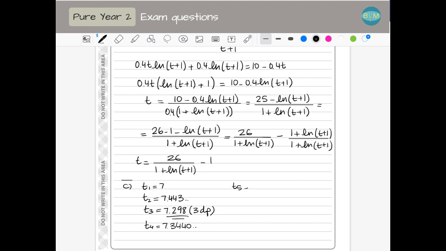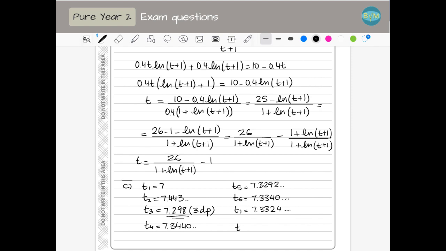t5 is 7.3292, and you see that they become closer to each other. So 7.3345, and this one is already 7.3324. They're becoming closer and closer to 7.33. So if we round, for example, to 2 decimal places, we can stop here. Yeah. So we can say that the time